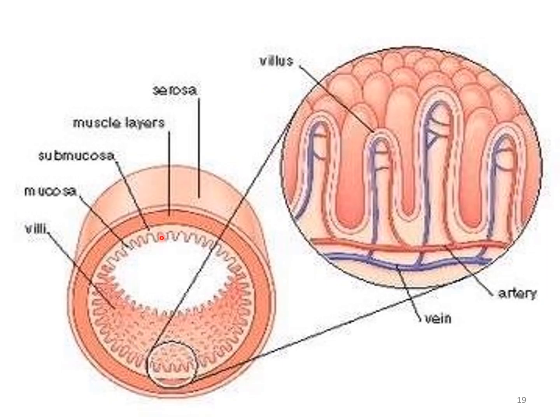In this image, you can see the different layers. This is the mucosal layer. The mucosal layer has finger-like projections into the lumen, that are called the villi. Below the mucosa, there is submucosa. Then there is a muscular layer, and last one is serosa, which is a fold of peritoneum. Here there is the microscopic picture of villi, where there is extension of artery and vein with the capillary into the villi.